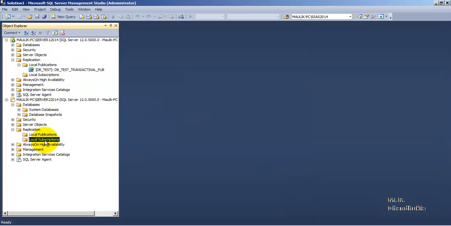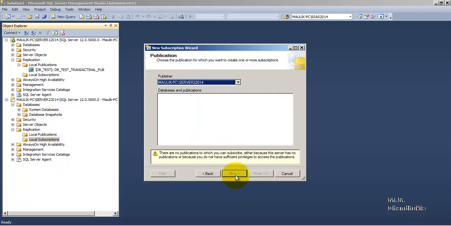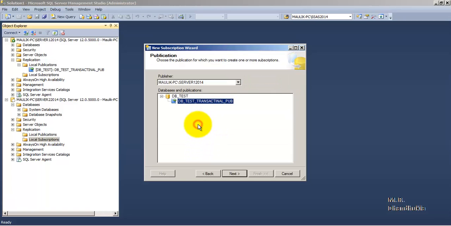Let us go to Local Subscriptions, right click and New Subscription. On which server is the publication lying? Let us select SQL Server Publisher, and specify the server on which the publication is lying. We will select Server 1. Next.